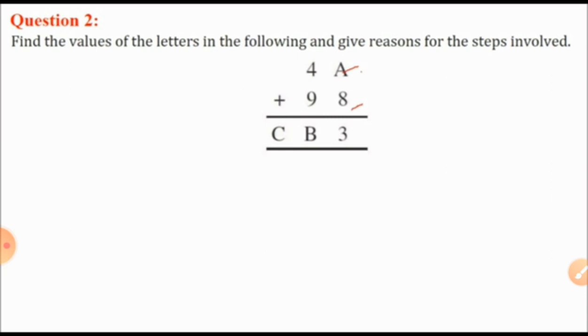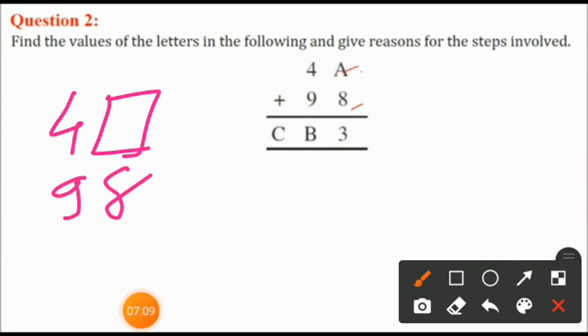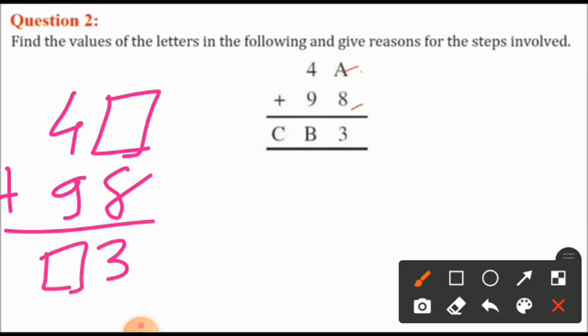Yes, my dear student, playing with numbers. We are now playing hide and seek. A is hidden. That is a box. Or I can say sometimes one box is here. We don't know that number. 98 gives me the addition of 3 box and again box. Is it better?